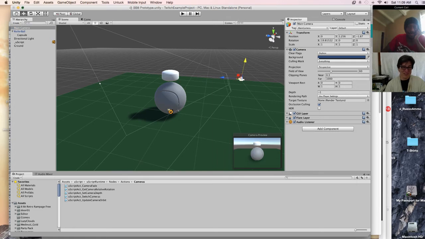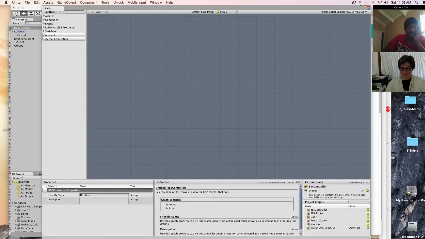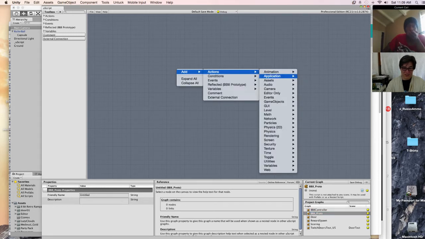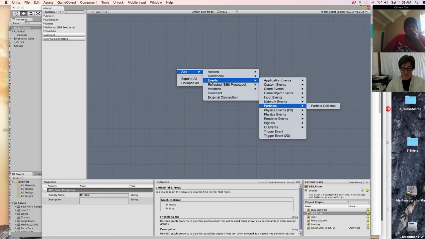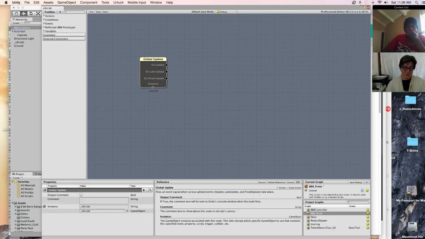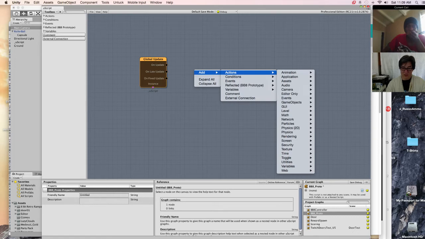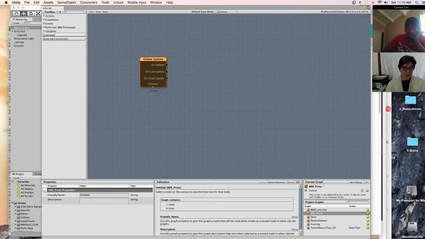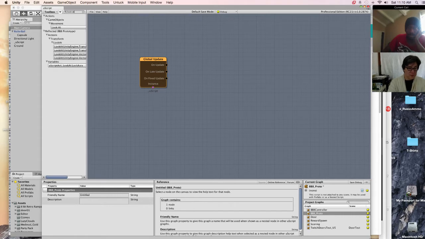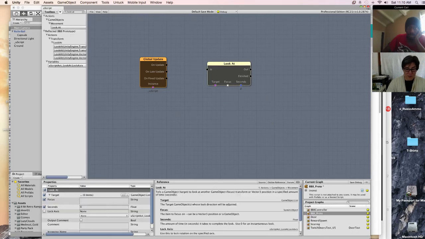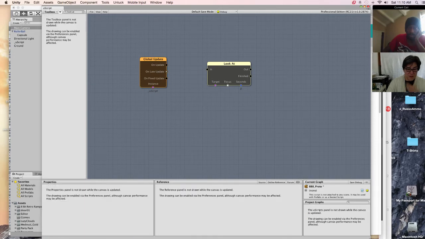So what we'll do is go to our use script now, because this will be faster. Just go to the main one. New, add, action. Event. What we're going to do is every frame I want to action camera. Get camera. Update camera orbit. There should be a look at. Let's do look at game objects. Look at. See, and I'm going to do on late update because I want the ball to move.